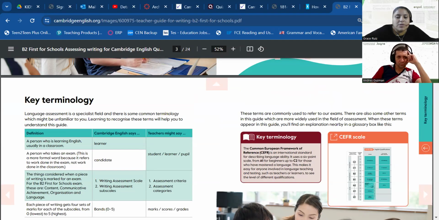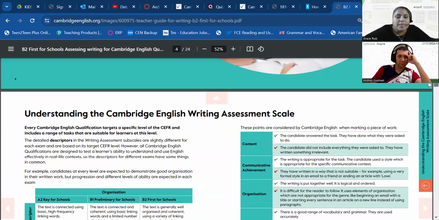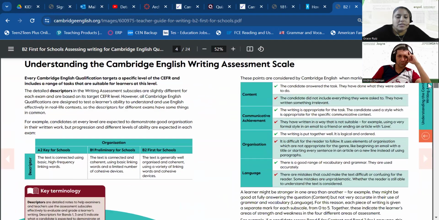This is the key terminology. We already know this. Okay, here. This is the assessment. Look, in general, okay,